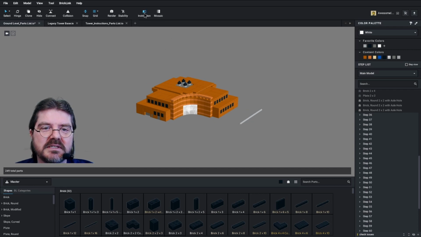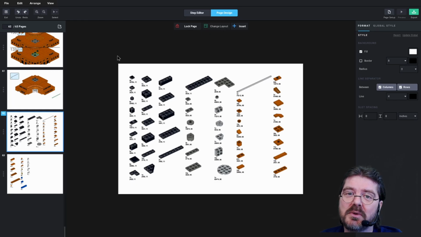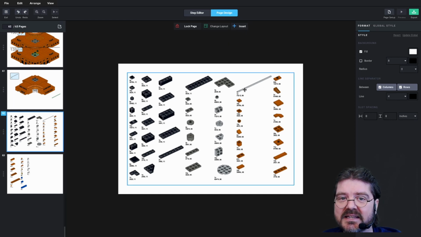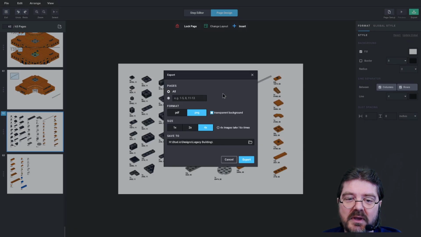Now we can go into Instruction Maker again and over to Page Design. And then you're going to go and create your bill of materials as you normally would. So go to the last page, add a page, and then insert bill of materials and edit it however you wish. When you're done that, then you're going to export only those pages with the bill of materials as a